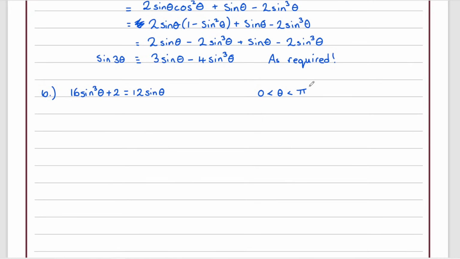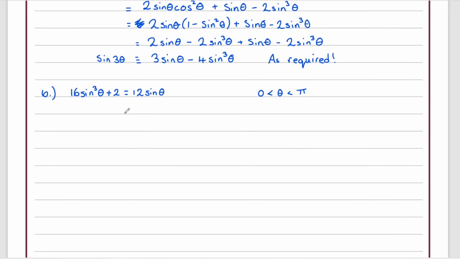Okay, so what I want then really is something of this form here: 3 sine theta minus 4 sine cubed theta, if we can obtain that. Well, what I notice is we have 16 sine cubed theta, and I've also got 12 sine theta here. So what I'm going to do to begin with is subtract 16 sine cubed theta off both sides and see